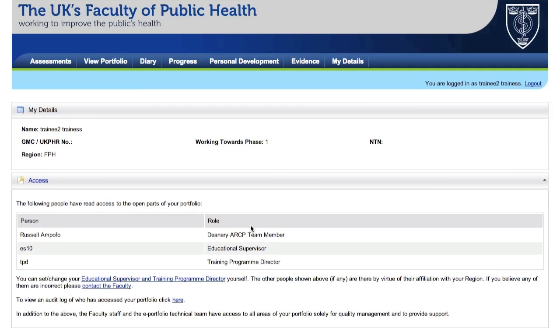Okay, so we've now got all of our basics set up. We've got our personal details in there and we've got our first ARCP in. So let's start recording evidence of having achieved some learning outcomes. The order I would do this in is just my personal preference and what I think is the easiest